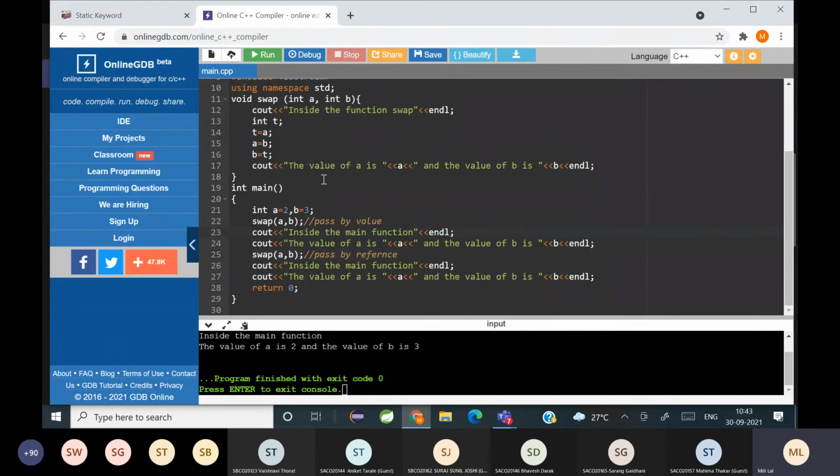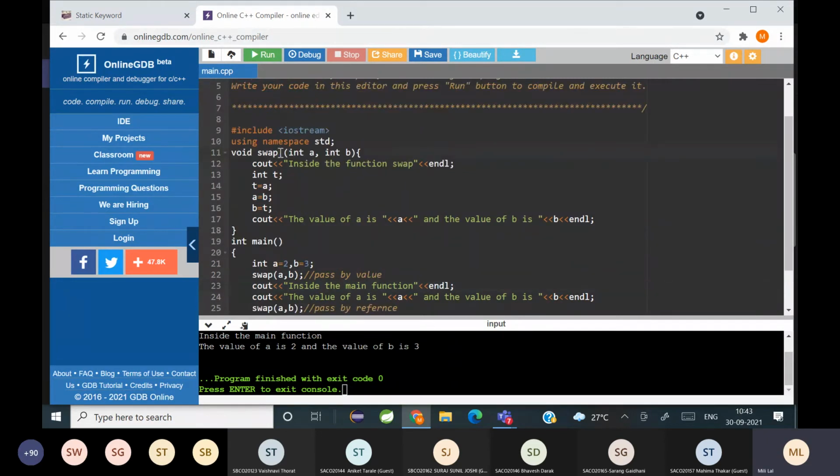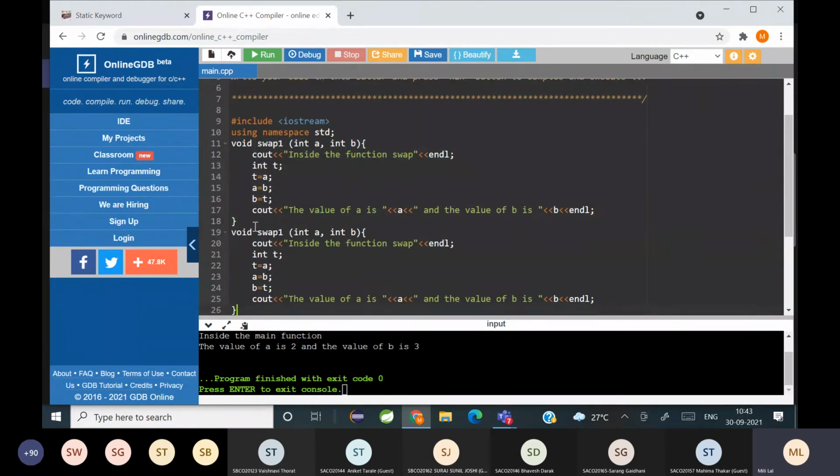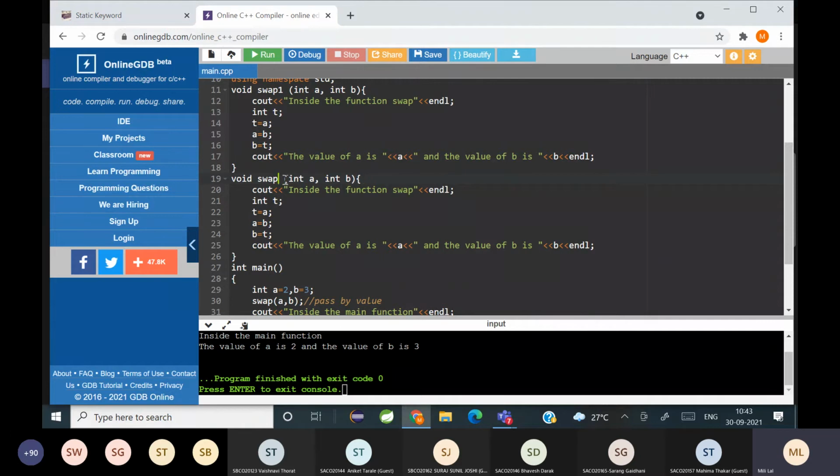Okay. इसके लिए suppose this is one swap function. I am writing swap 1. I want to show you the changes of both. And I am writing another swap function, say swap 2. और swap reference लिखती हूँ, swap value लिखती हूँ.